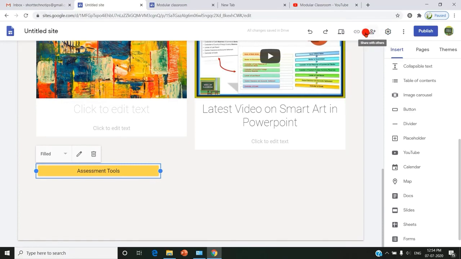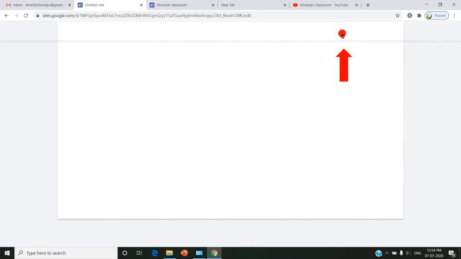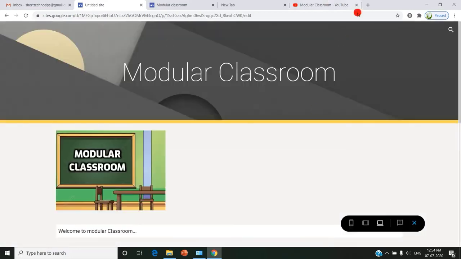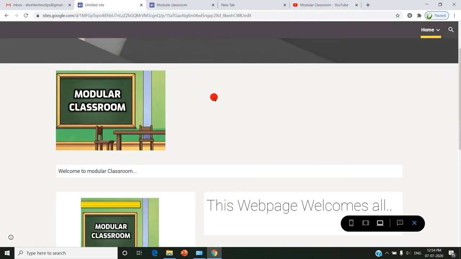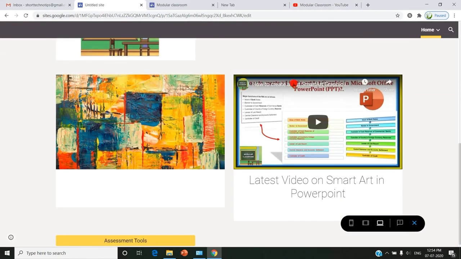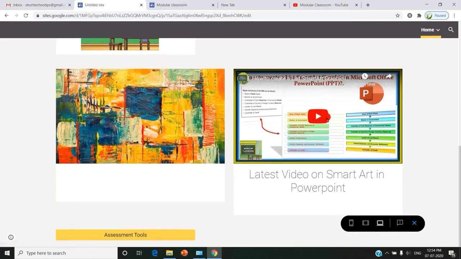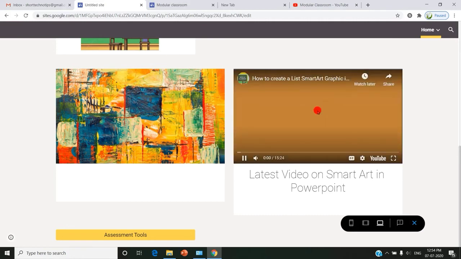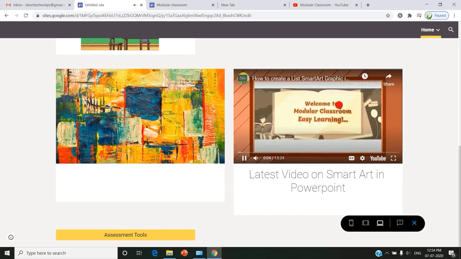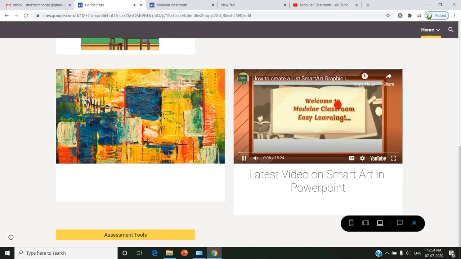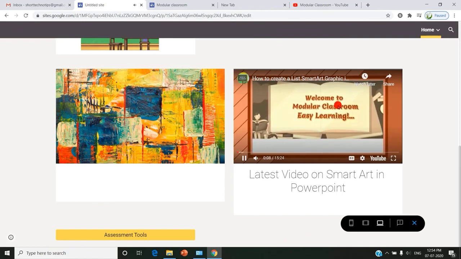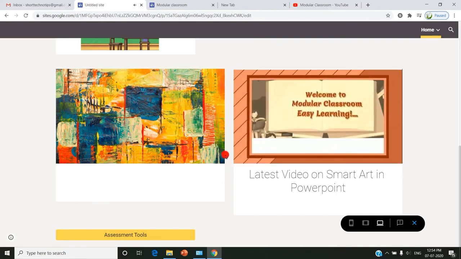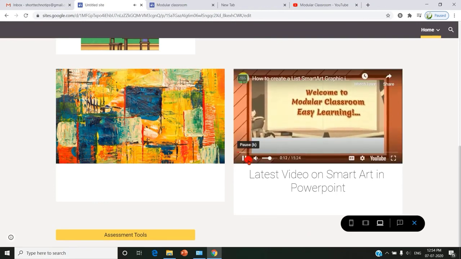Now we are going to see the preview. This is the preview. So we can find the page appears, header appears, the image which we have inserted appears, and the YouTube video appears. Once if we start click, the video will start playing. So we can see the video started playing. So in the web page you can embed the images, YouTube links, text. Time stop playing.